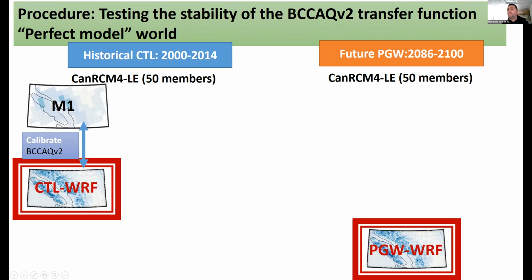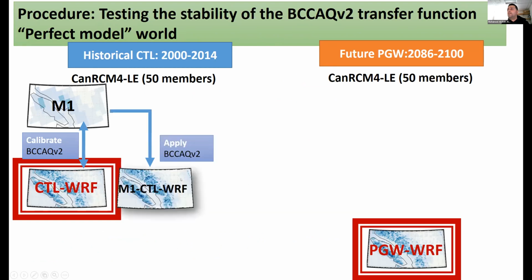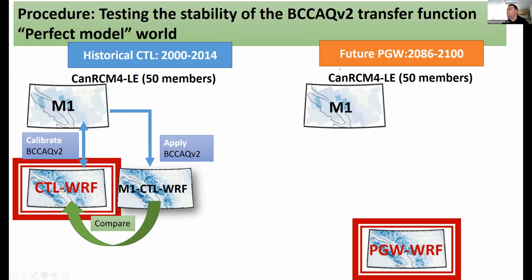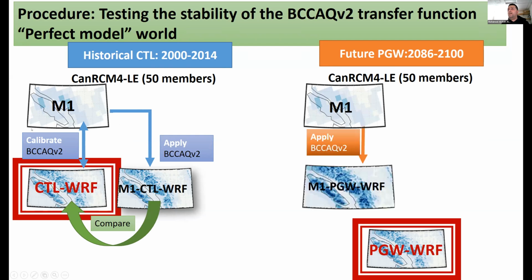And then we apply this calibrated transfer function to that member to obtain downscaled results of the historical period, and then compare with the CTL work, the control period of work. We're going to take the same member and take the futures, the pseudo-global warming, corresponding to the global warming simulations from that member, apply the same transfer function calibrated here to obtain future downscaled results, and then compare with